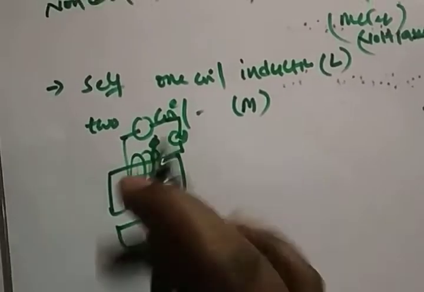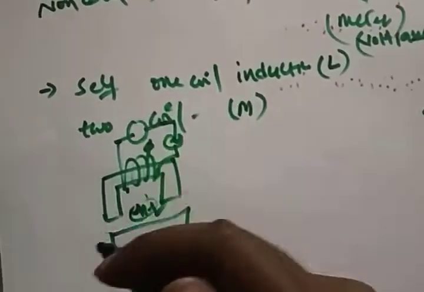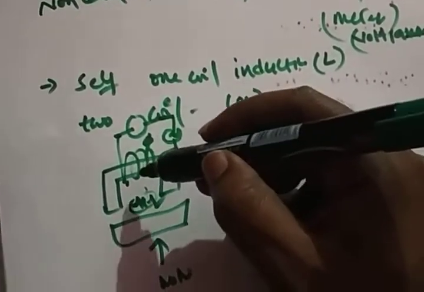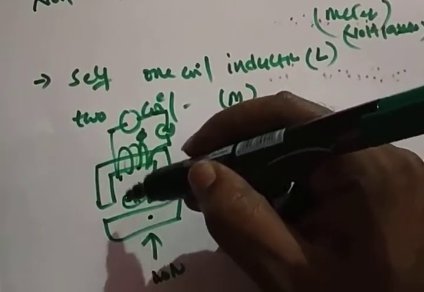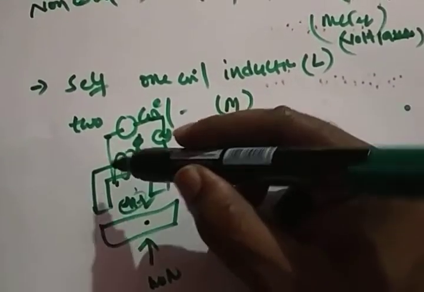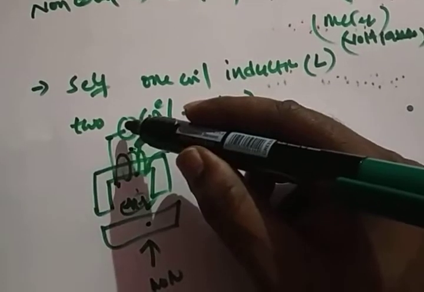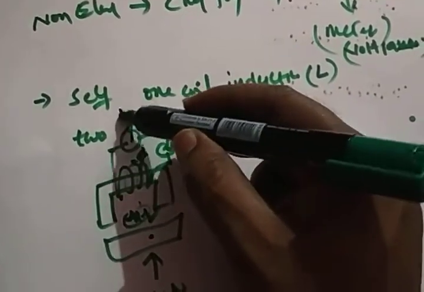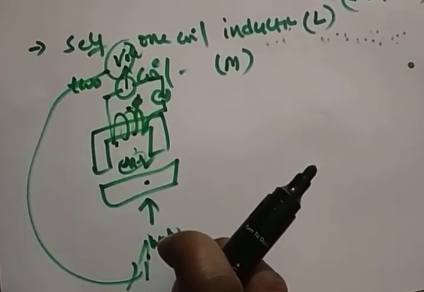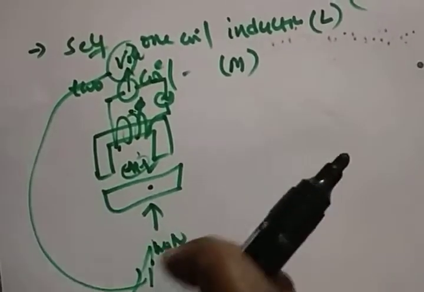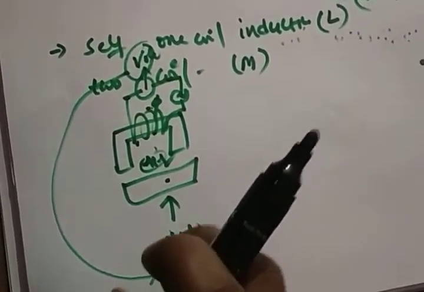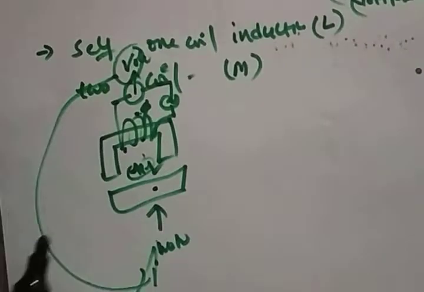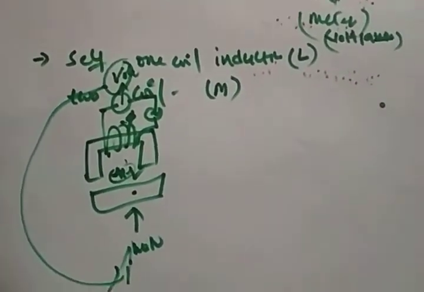When you apply a motion up and down, the air gap between this magnet and this magnet will change. If the air gap changes, the flux will change. This flux can be noted by the meter, a current meter or voltmeter. Whatever the voltage developed here is analogous to the motion that you applied. That means the motion, which is my non-electrical quantity, is converted to an electrical quantity. That's the simple construction.